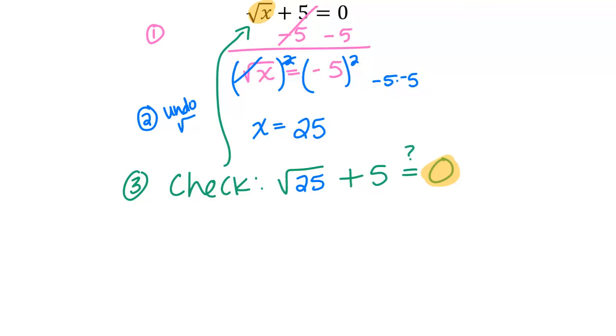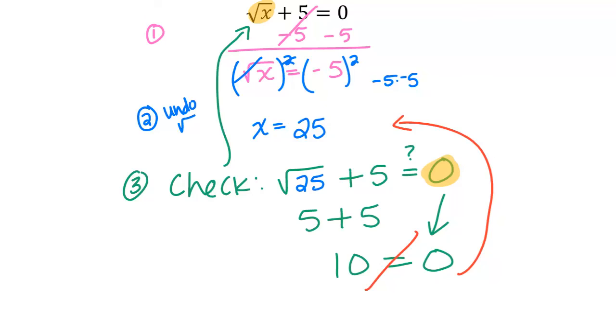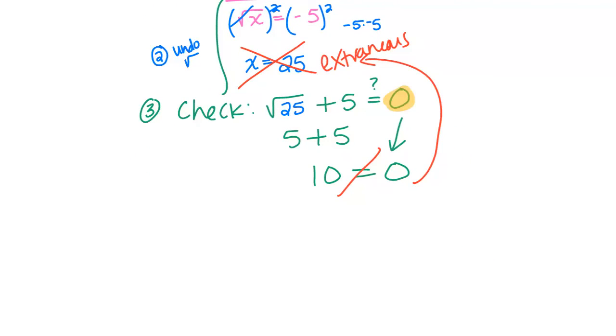What is the square root of 25? 5. And then I got 5 plus 5. What's 5 plus 5? 10. Did that equal the right side? Does 10 equal 0? No. 10 does not equal 0. That means that this x equals 25 is extraneous. So x cannot equal 25, which then means for your conclusion